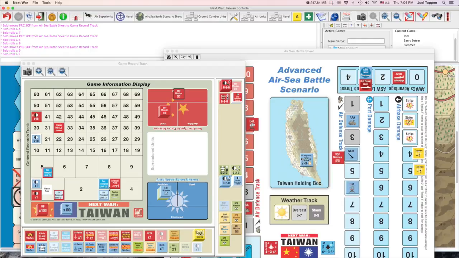I'm not sure I did the airbase damage right, because under normal circumstances you would be applying the terrain of where that thing is. But in this scenario there is no terrain, so I just kind of treated it like, I don't know. Might not have done that right, but...